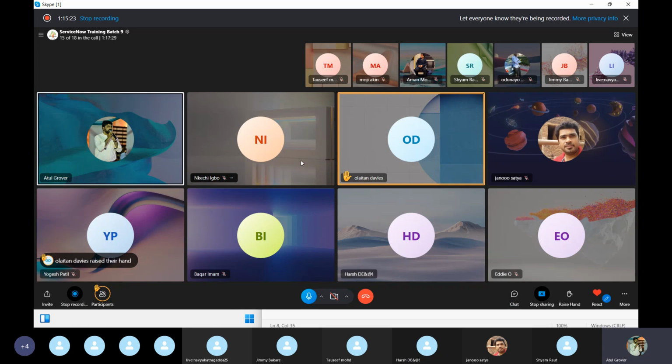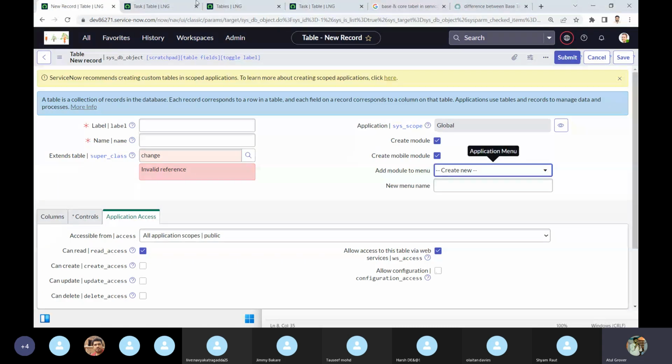Yes, Ola, go ahead. So the question you're asking now is, incident is not showing up when you try to search for it, why is it not coming up, right? Is that the question you're asking? Yes. Okay. This is only one question, but another homework is that you have to read about